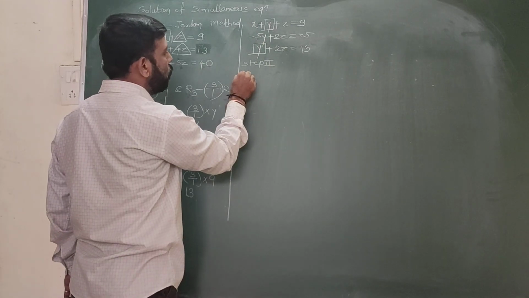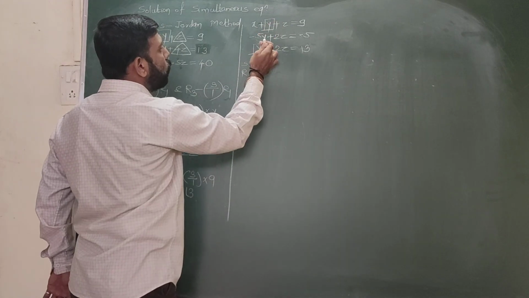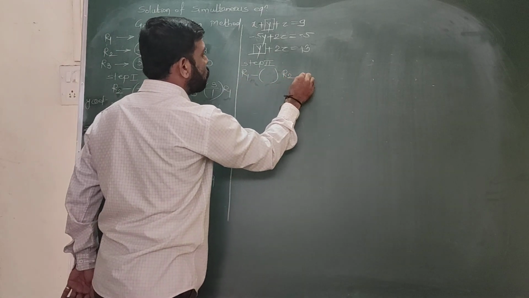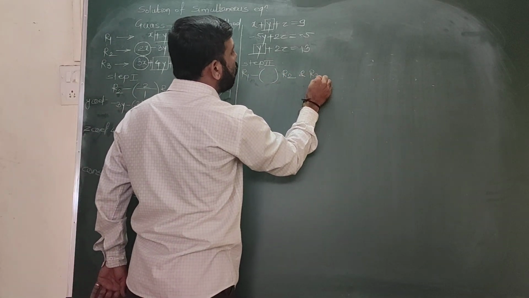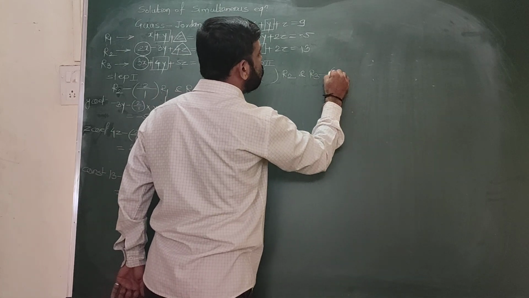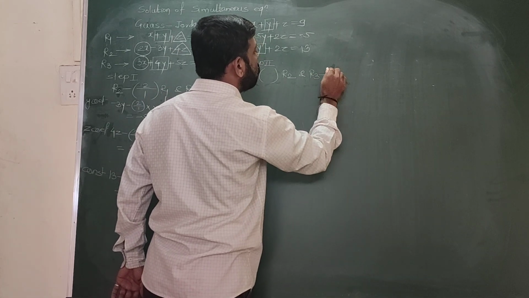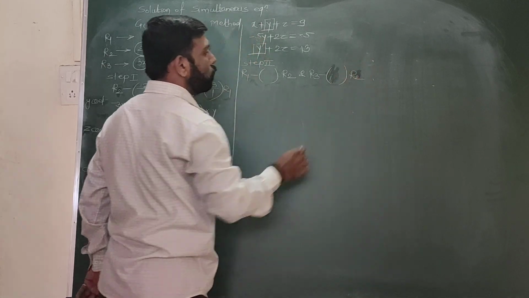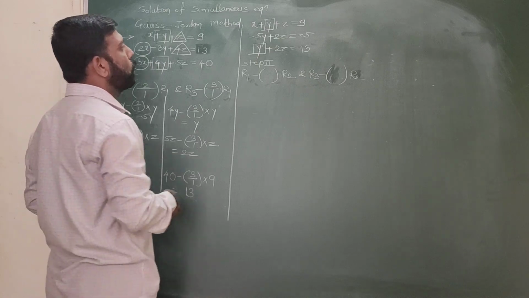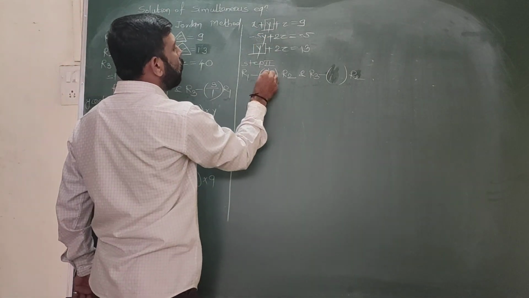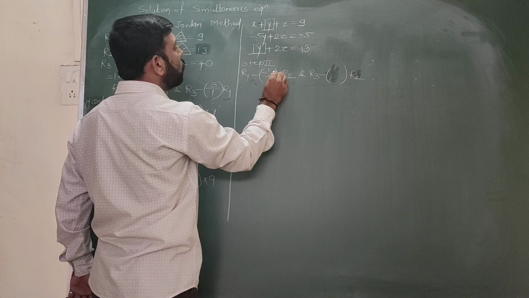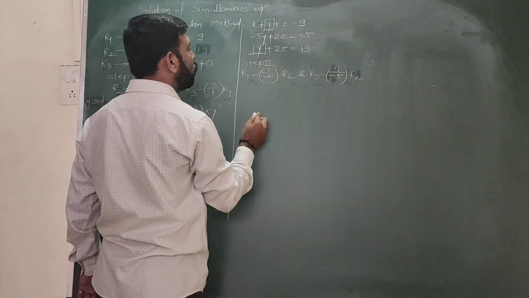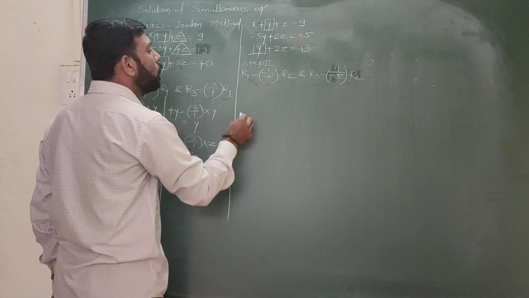For this we write the operations R1 minus R2 and R3 minus R2. The multiplying factor is: multiply by 1, divide by minus 5. Similarly, multiply by 1, divide by minus 5. Then after calculation,